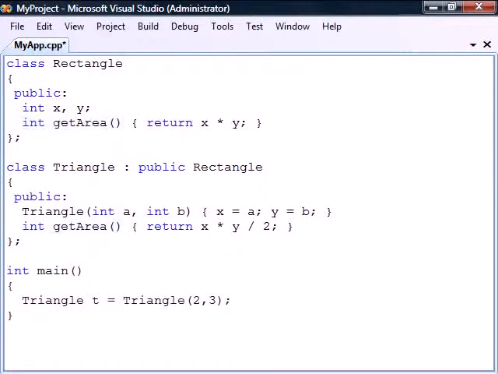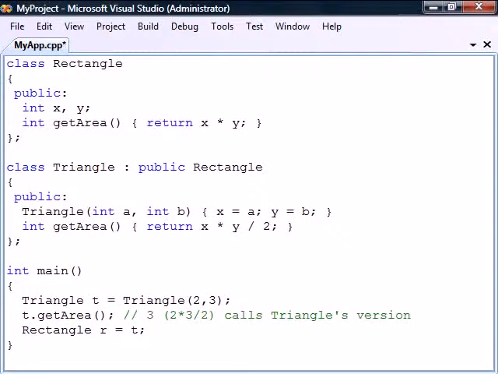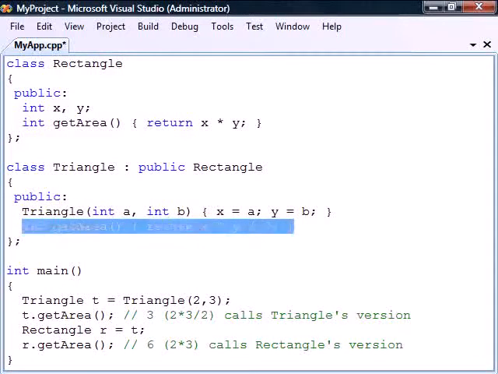If we now create a triangle and invoke the getArea method, triangle's version will get called. However, if we upcast the triangle to a rectangle, we will instead call rectangle's version. This is because the redefined method has only hidden the inherited method. That is, triangle's implementation is redefined downwards in the class hierarchy to any child classes of triangle, but not upwards